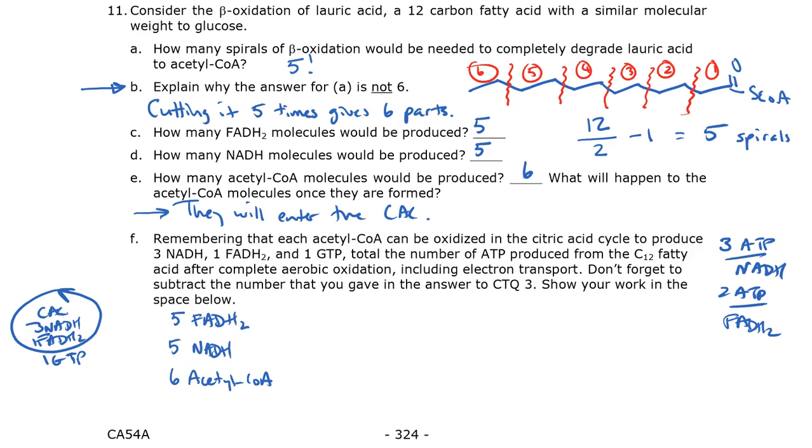Okay, I'm certain you got this far. So, because we walked through it, we had 12 carbons in the fatty acid. We produced 5 FADH2, 5 NADH, and 6 acetyl-CoA. So I've written that now. Now, the next thing I'll do is see what happens with these in the citric acid cycle. So I'll pause again.